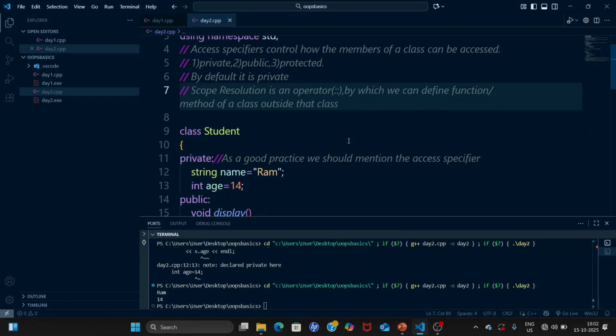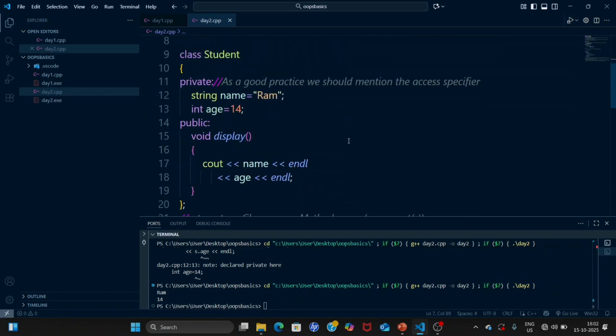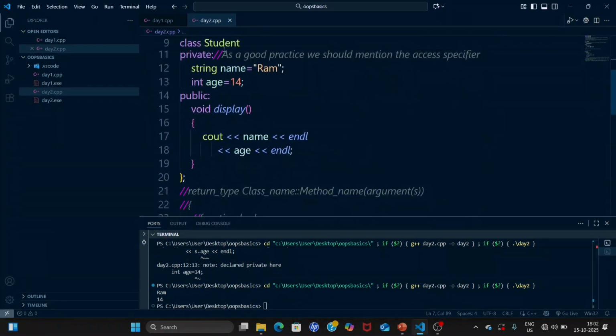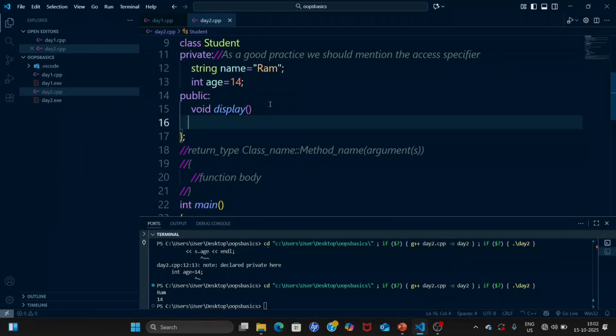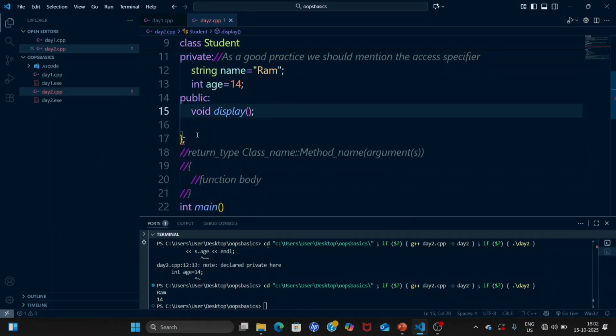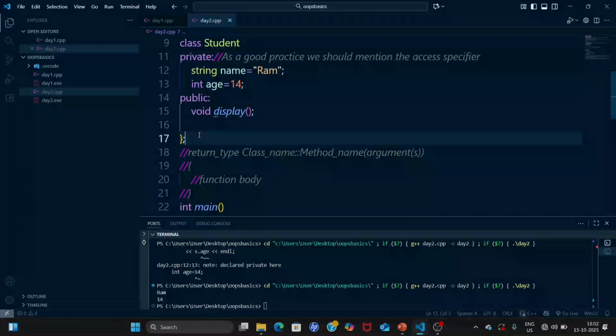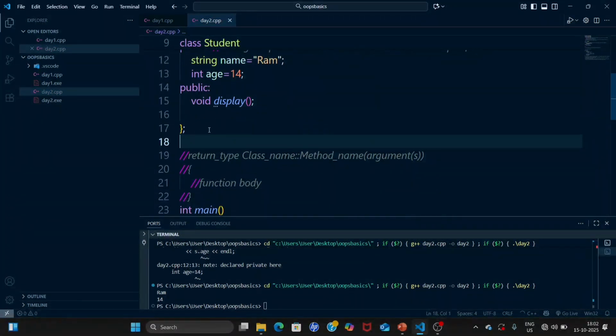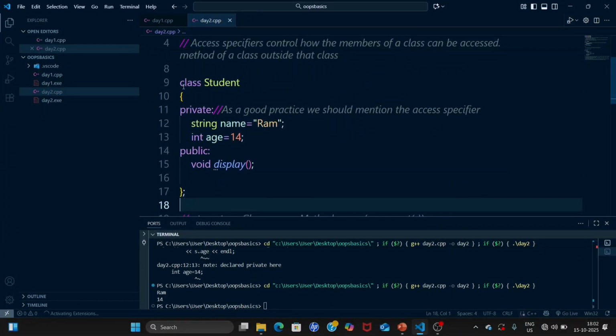If we see an example, it will be clear to you. In the class Student we have a method which is display. Now in the public region, we can only declare the method. Here we declare the method only, and after declaring the class,